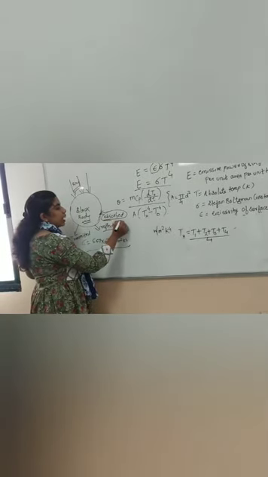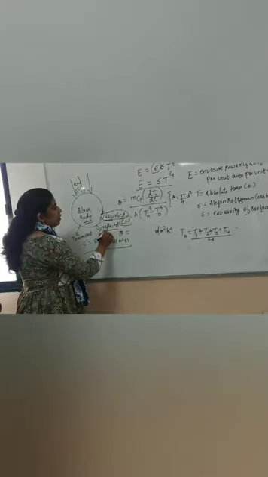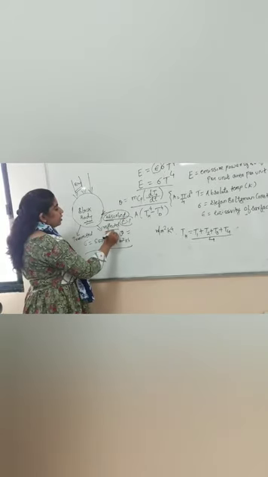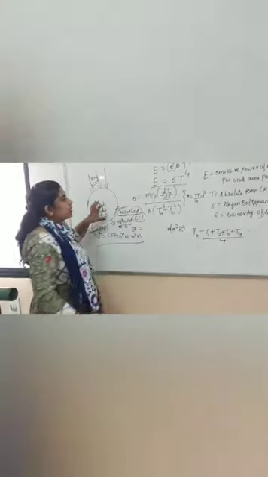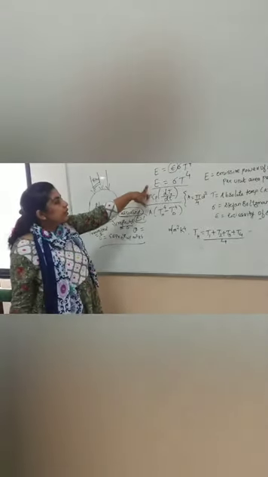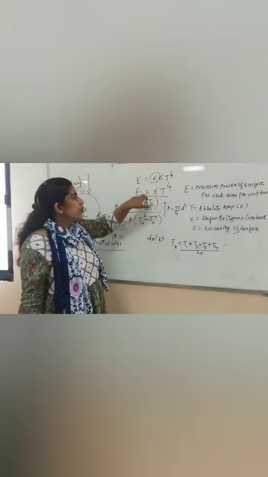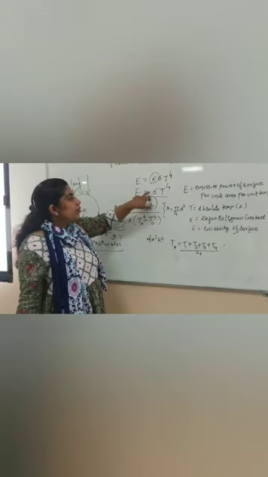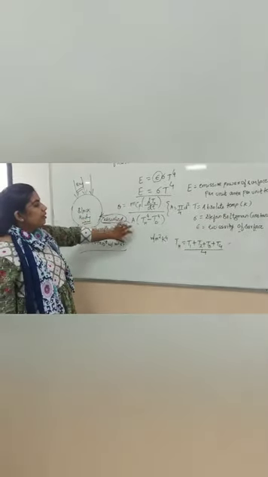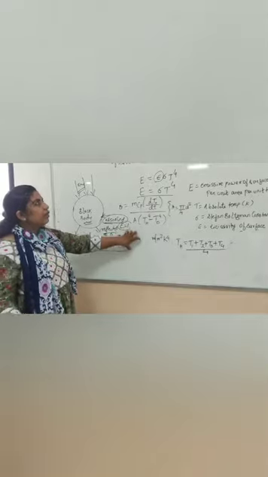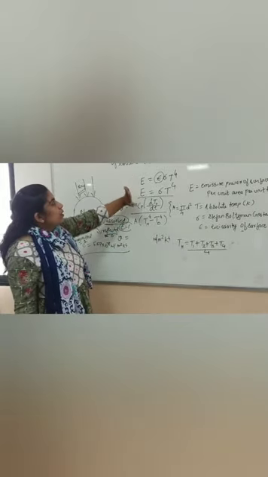That's why the absorptivity is 1, the reflectivity value is 0, and the transmitted value is also 0. That's why this is the black body. That's why we are taking the emissivity E equal to 1. So the formula becomes emissive power E is equal to sigma T raised to power 4. By putting all the values calculated from the experiment, we are getting the Stefan-Boltzmann constant of radiation heat transfer.